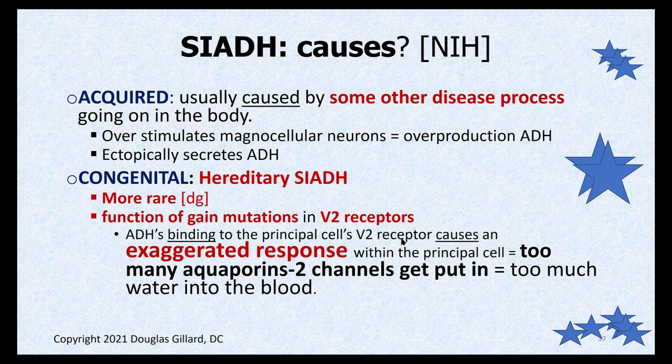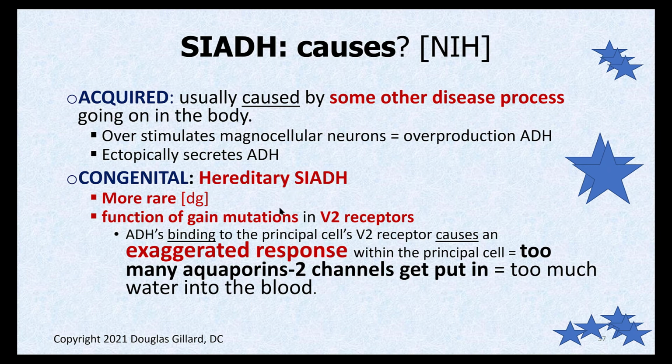There are 2 types. There's an acquired, which is by far the most common. There is a hereditary SIADH, and this has been in the news if you pay attention to the news. Gain of function mutations. Dr. Fauci's in some controversy or hot water maybe about doing gain of function research to make viruses better. Maybe coronavirus is better. We don't get into politics here, but you might have heard gain of function in the news. That means that whatever it's talking to has gotten stronger, it's gotten better,